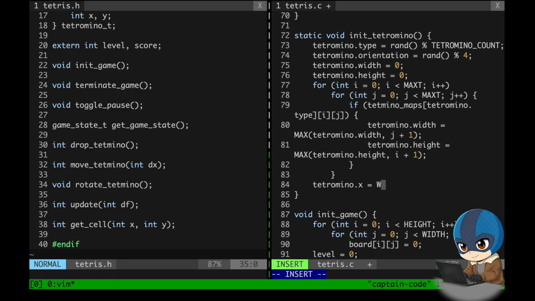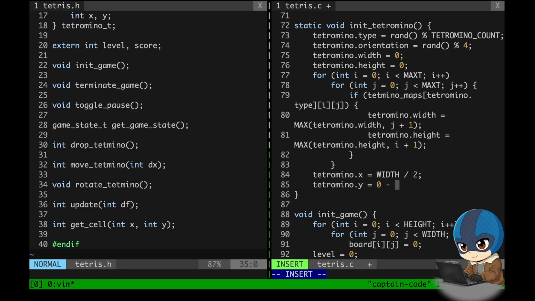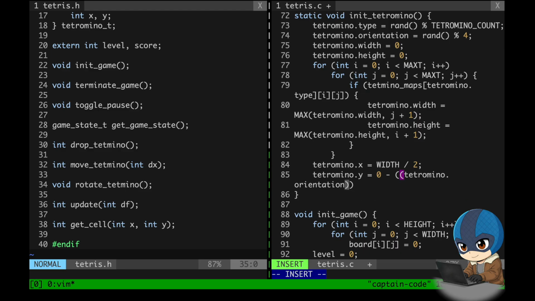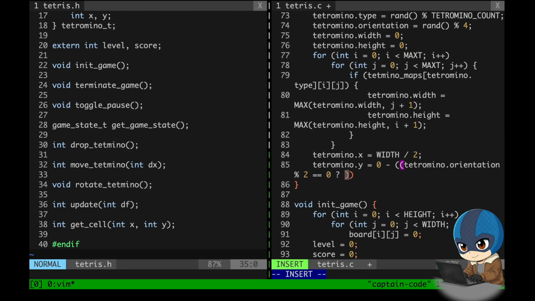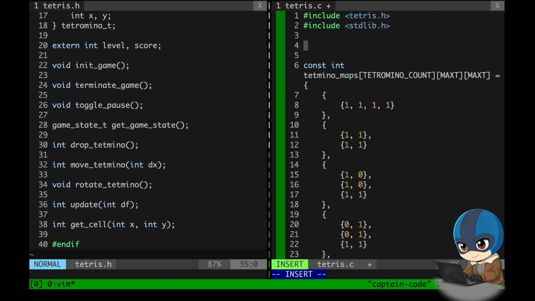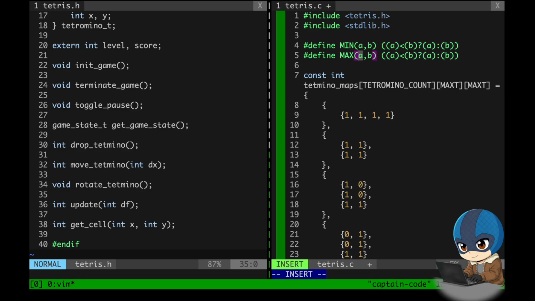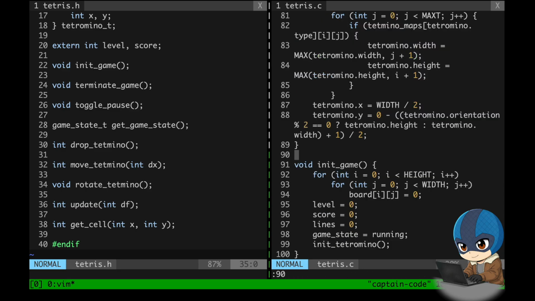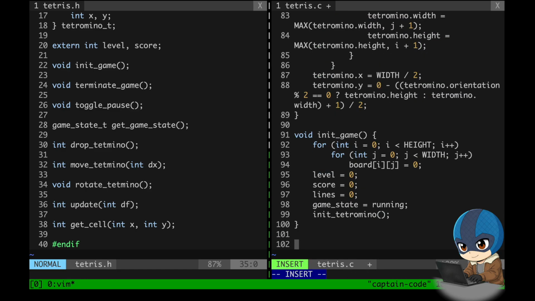And it will be set on the middle top of the board. Now let's just quickly define min and max. Now for get cell,